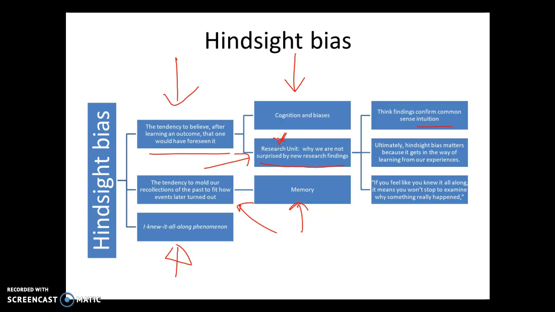Okay, what does it have to do with research again? It has to do with the idea that we often mistrust our intuition, and psychology is a science. The whole idea is that we can't simply rely on our intuition because it can sometimes mislead us. The other thing that is important is that the hindsight bias gets in the way of this. We have to learn from experiences. If we thought we already knew the outcome, we're not taking this new information and making it a part of our cognitive repertoire, and so we're not literally learning from research.